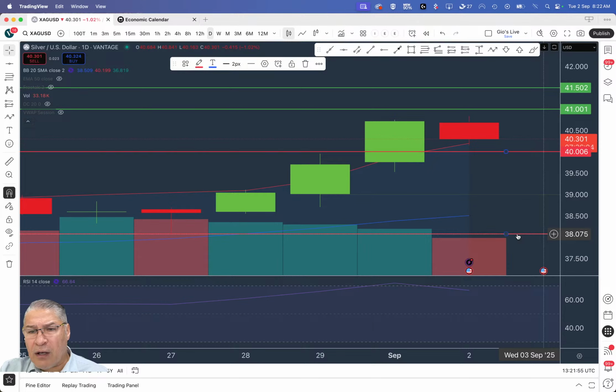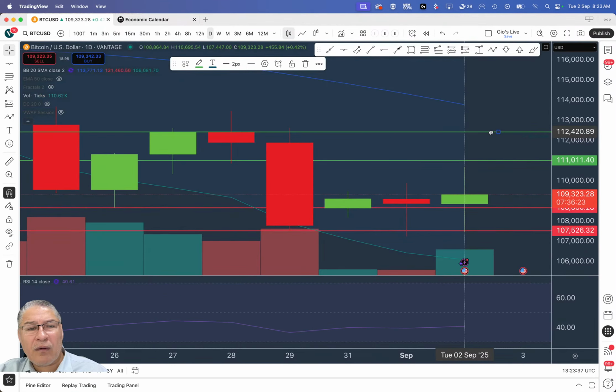Bitcoin. So Bitcoin has been idling, just making practically equal highs, equal lows by the bodies, not the wicks. So this is looking for a breakout. I'm going to tighten up my level of resistance to 111-ish, and then I'm going to use this area, the close of this candle and the open of this candle. That's why I'm using it. So looking to be long.